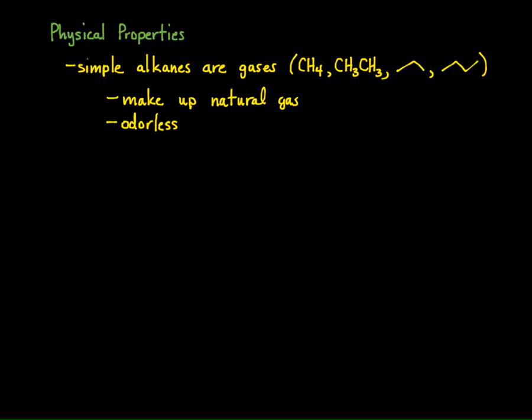You might be saying, wait a second, when I smell gas, I smell something that smells kind of like rotten eggs. Well, the reason for that is because we put mercaptans, which are thiols, into the gas. Thiols smell like rotten eggs. And the reason for this is very simple. Since natural gas has no odor, you can't detect it using your nose, but you can detect very small quantities of thiols. And so it's very easy to figure out whether or not you have a gas leak. And that's why we put thiols into our gas.